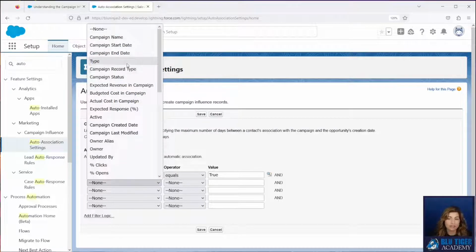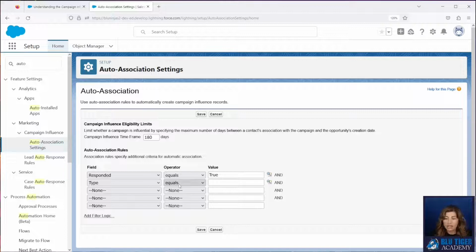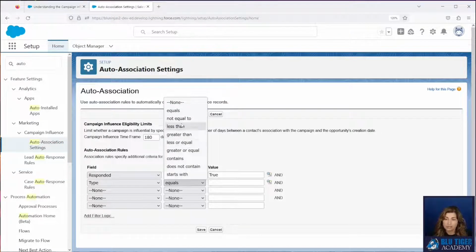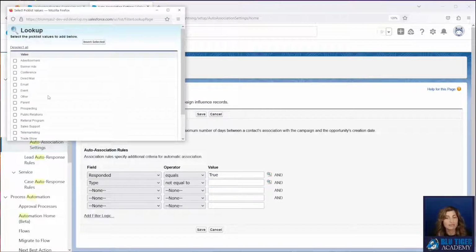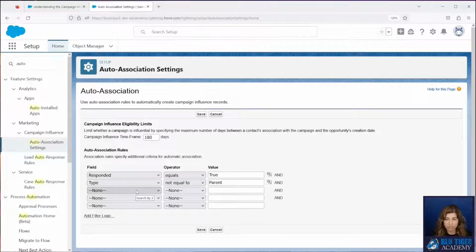Maybe you only have certain types of campaigns that you want to include in this. We do have a type of parent in our campaigns that we don't want to consider campaign influence, and maybe there's others that you could include here. We're just going to leave ours to be filtering for these, so we'll click save.